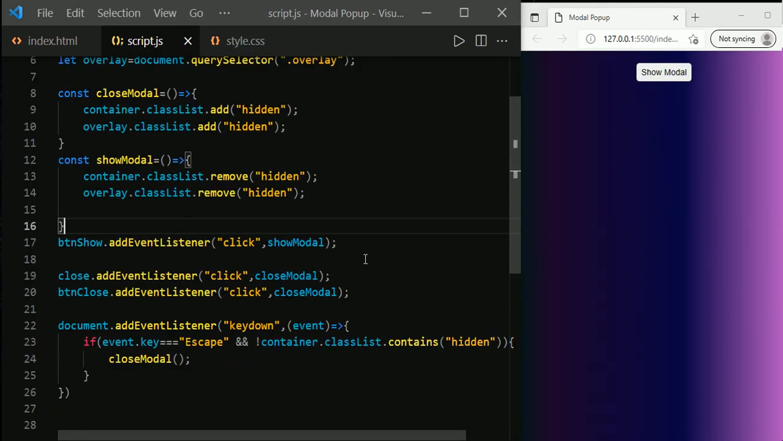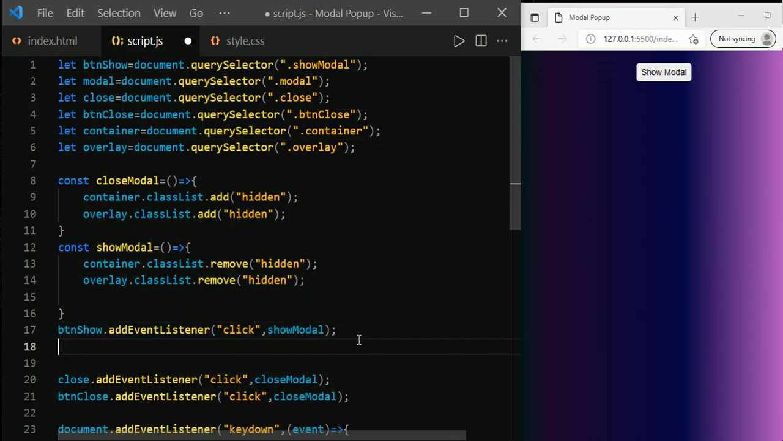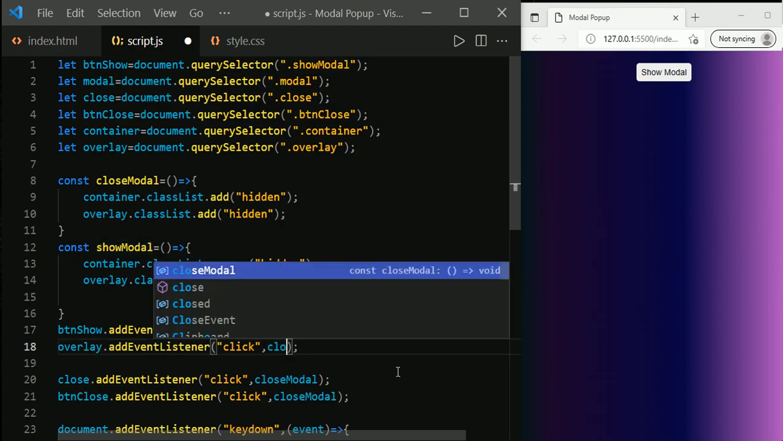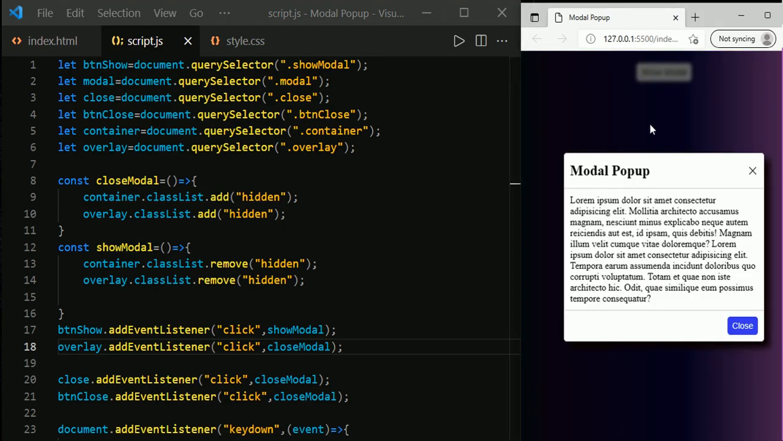And even you can make few changes, like whenever you click on the overlay, means outside of the modal pop-up, you can just close it. So just take this overlay, use this, and here instead of button show, just say overlay. So whenever we click on the overlay, we are going to close the modal pop-up. Save it, click on show modal and click outside of that. So you can see that now, even though you click outside of the pop-up, this modal pop-up is not being